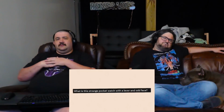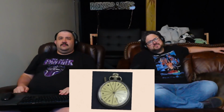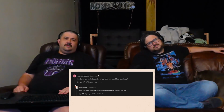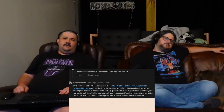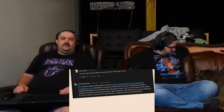Yeah. What is this strange pocket watch with a lever and odd face? Oh, that's something uncomfortable with the numbers not being where I'm used to them being. Someone fix that. Now! Maybe an old pocket roulette wheel for when gambling was illegal? Which, agreeing with the train here, I had no idea these existed. Now I want one. They look so cool. I mean, look, yeah, people would find a way to do the illegal things when they're illegal. Yeah, it turns out that's what it is. A pocket roulette wheel similar to this image here, modeled to look like a pocket watch for easy concealment, but with a rotating dial and...